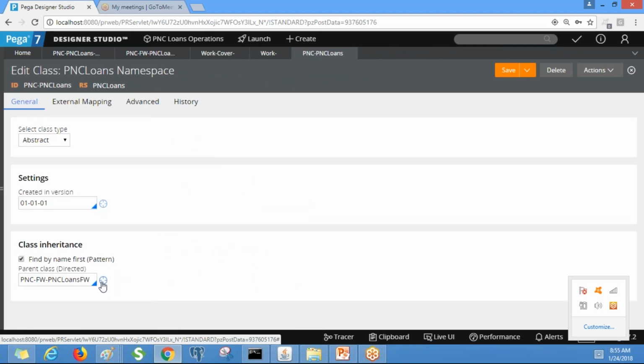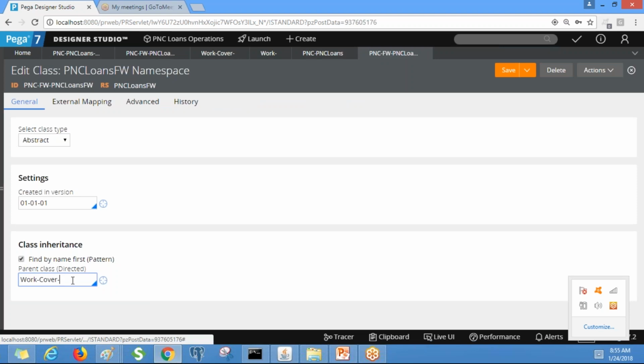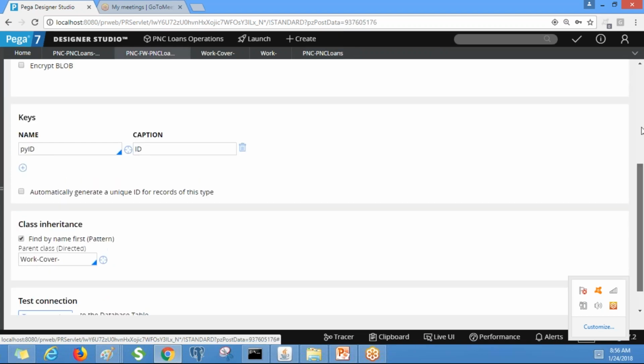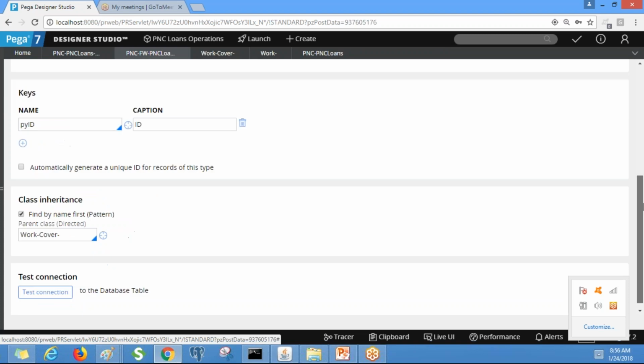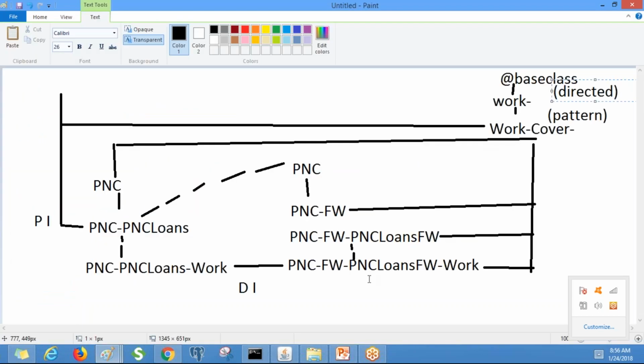See, framework means, again this is inheriting from worked as covered as, right? Okay. And if you open the framework class, the framework class is inheriting from worked as covered as as a directed inheritance.